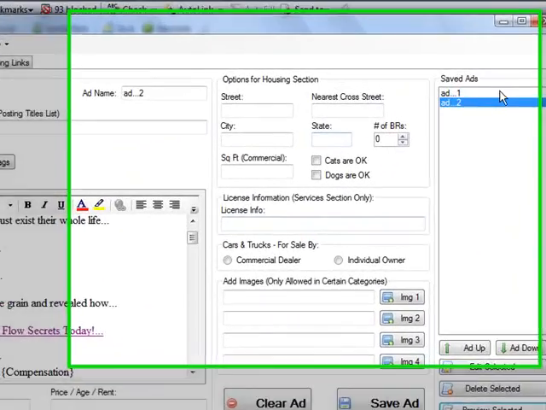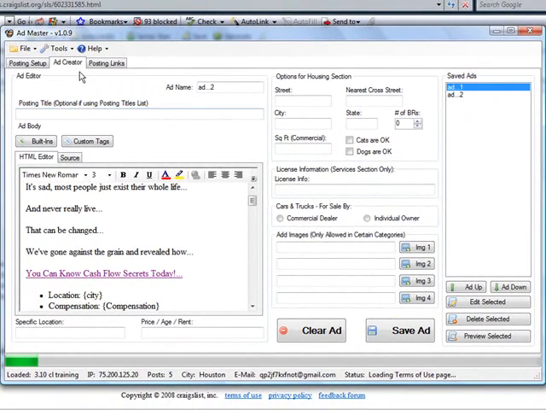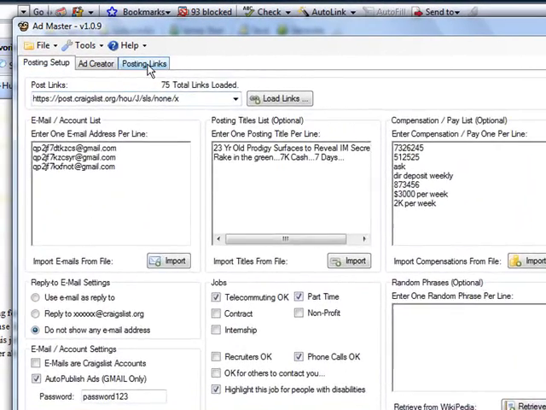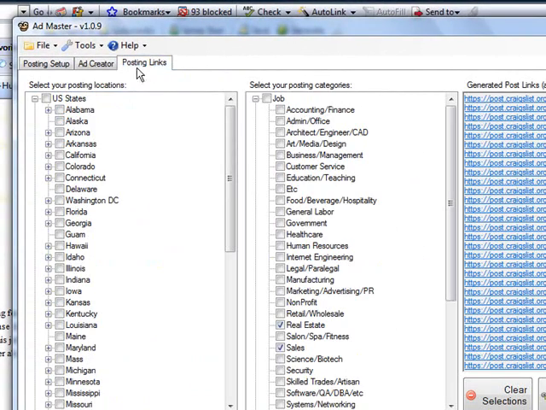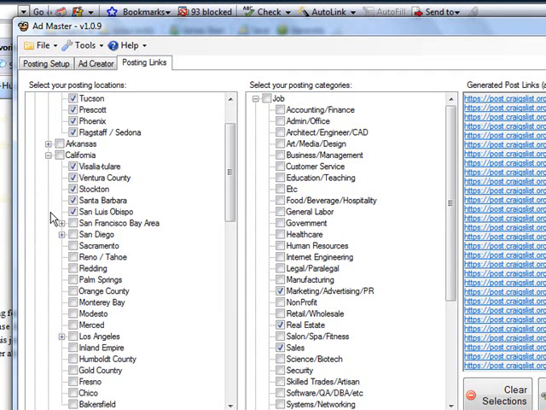So now what I'm going to do is, like I said, I usually have 4 ads, but for the sake of time I'm just going to have 2. And what I'm going to do is I'm going to go back to posting setup. Now AdMaster has a feature where you can just hit posting links, this tab right here, and you can just check the boxes of places that you want to post. So I would do jobs, then I would do sales, real estate, maybe marketing, and then I would go over here and you can pick the